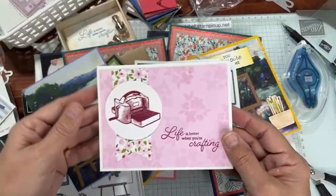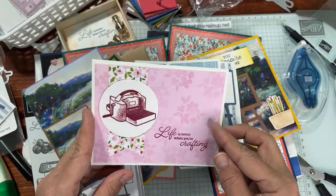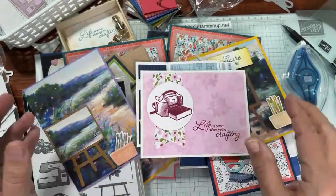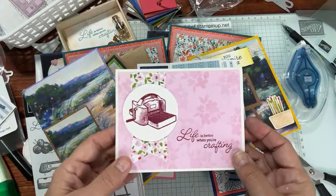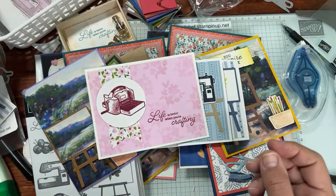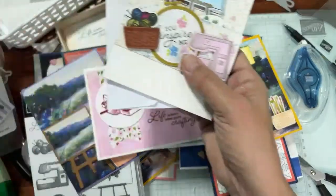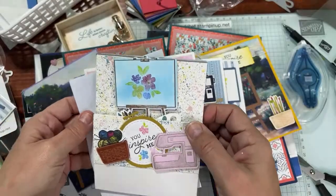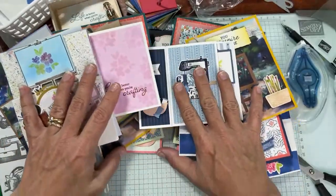Okay, this is one I made in a shoebox swap where we got to make cards. Again, I forget whose this was, but you can just do something very simple. Tone on tone, stamp on the back, and you have a very easy card. Okay, this one was Charlene's card. Before I show you this card, because that's how I'm going to end the series, I just